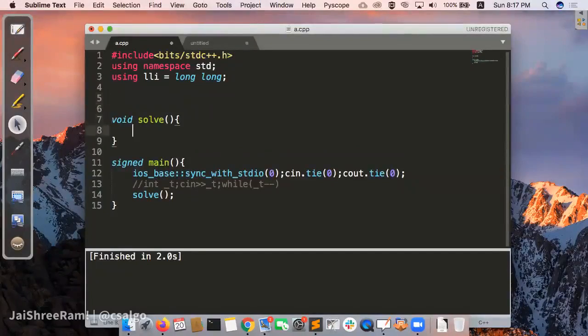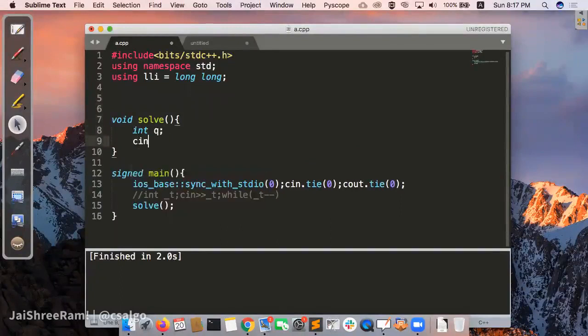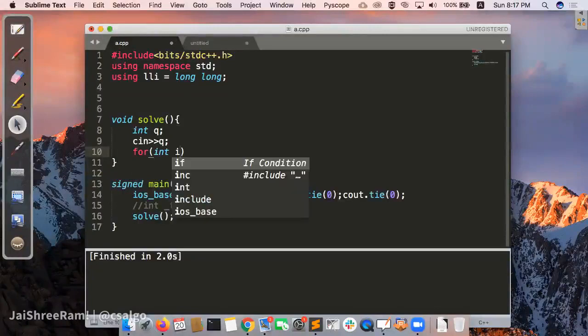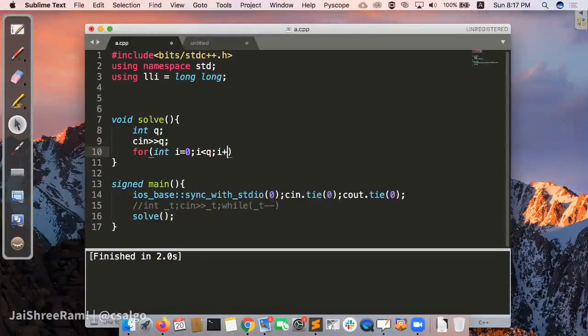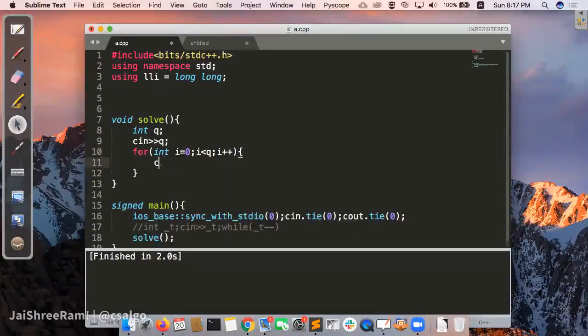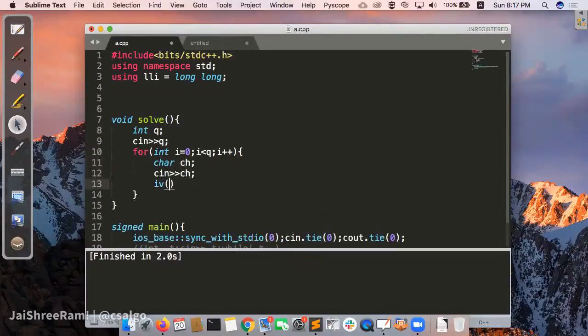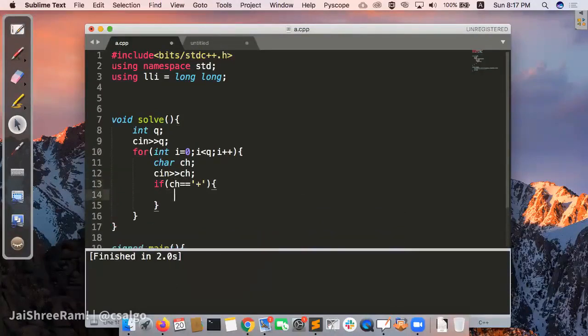So let's talk about how we will implement this. Let's suppose you will get Q queries, so Q operations. For each operation, you will get a type, which type of operation it is. For integer i equal to 0, i less than q, i plus plus, you will take a character and check the type of the operation. If the type of the operation is a plus, then you will take a segment.